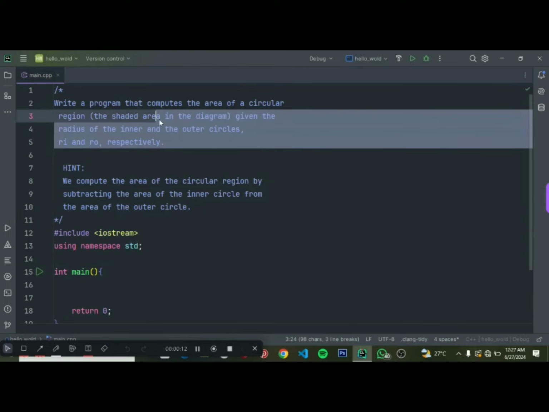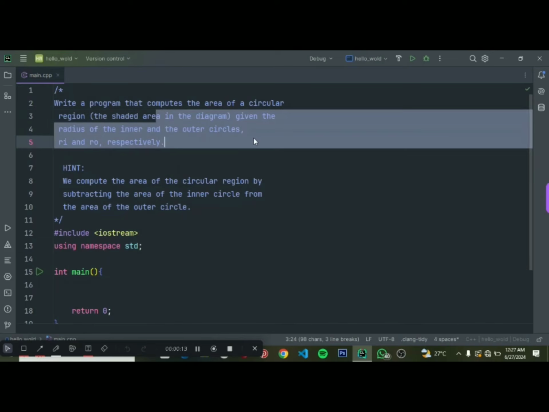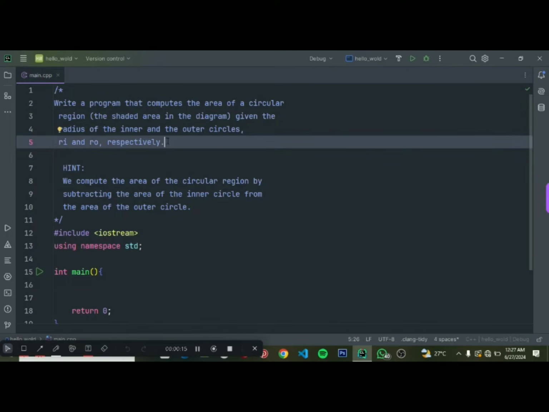And the question is, write a program that computes the area of a circular region, the shaded area in the diagram, given the radius of the inner and outer circle are R1 and R0 respectively. This is the question. Let me try and explain the question so that we are able to solve it. Okay, so the question is saying, let's say